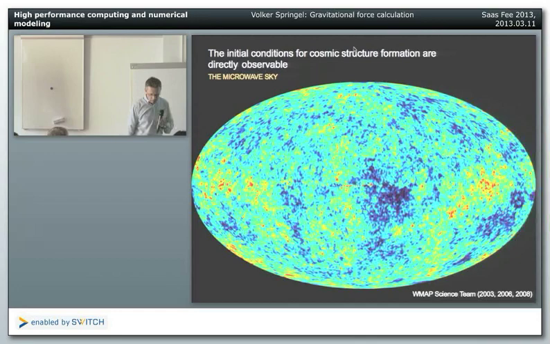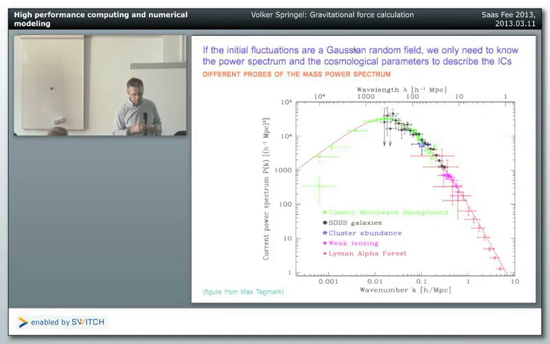The other types of initial conditions are cosmological initial conditions. Here we start essentially from observations of the initial state of the universe left behind after the Big Bang. You know that this is seen, say, in the microwave background. We have the fluctuations. We have a good idea about the linear theory power spectrum. This is an old figure from Max Tegmark showing various probes. Here is the microwave background on very large scales. And then there are galaxy surveys, clusters,